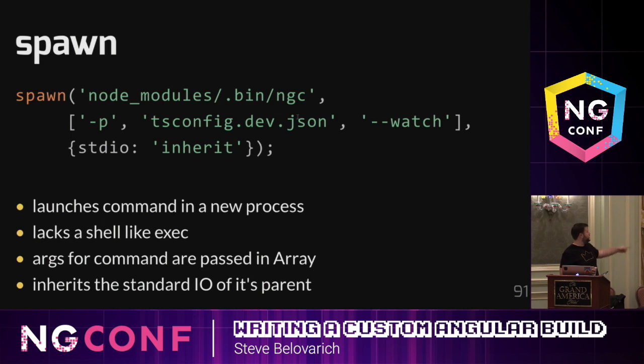And then we're going to give spawn an option of inheriting stdio, which allows spawn to inherit the standard IO of its parent. Its parent is our index.js, right? Is our process that is running right now. Spawn is a child of that. This is Node. That's why it's called Node. You can have all these nodes that are children of things. So it's going to inherit the standard IO so that when,